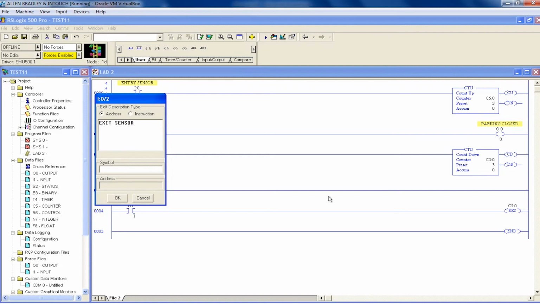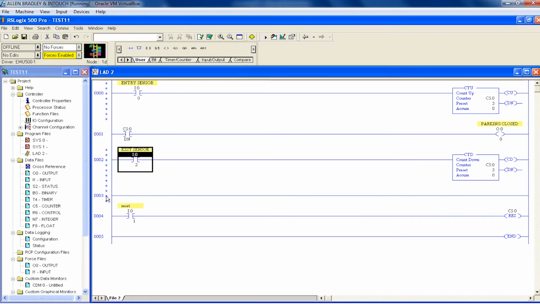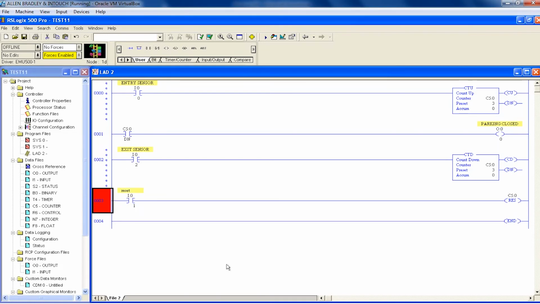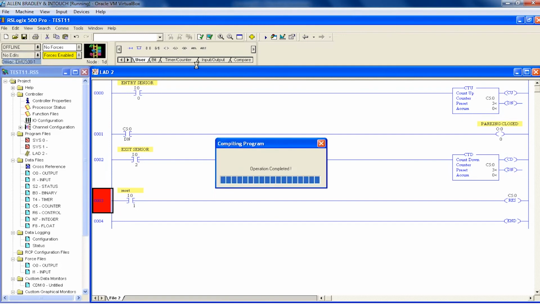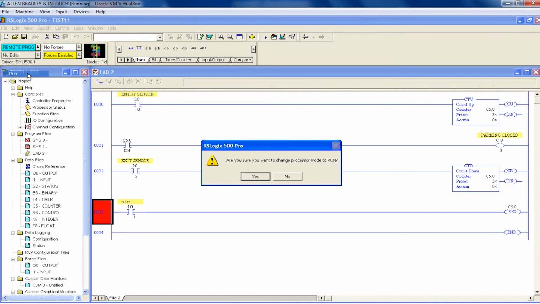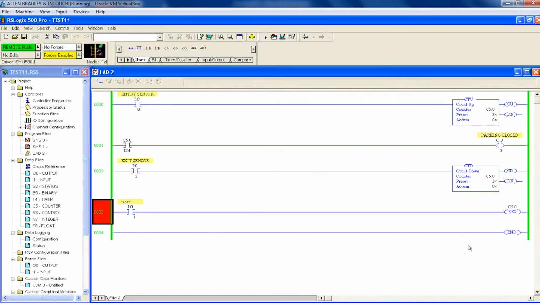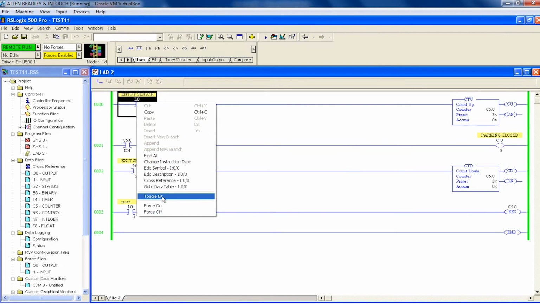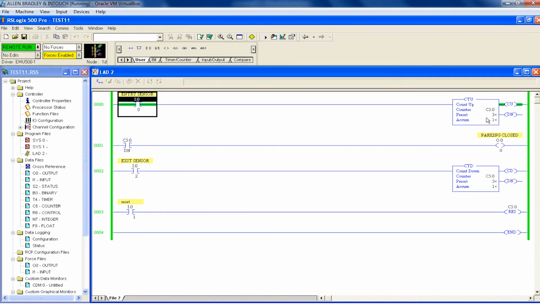In simulation you can understand better. Now check. I'll check for errors. Just download it and go online. Imagine you have 0 cars inside your parking slot. Now 1 car is entering. Can you see that in both the counters the accumulator value is updated?